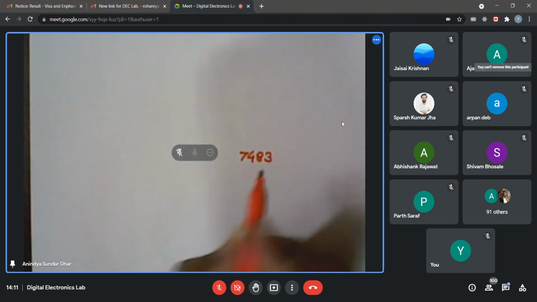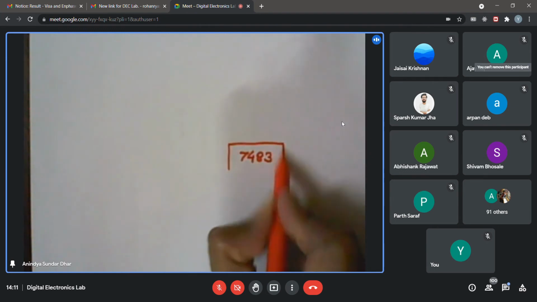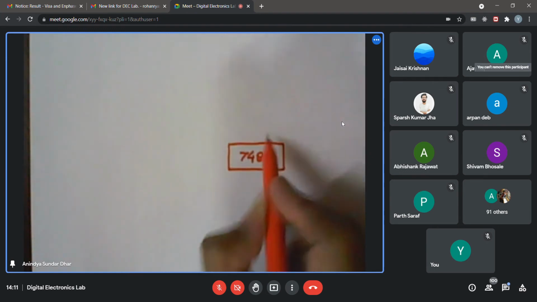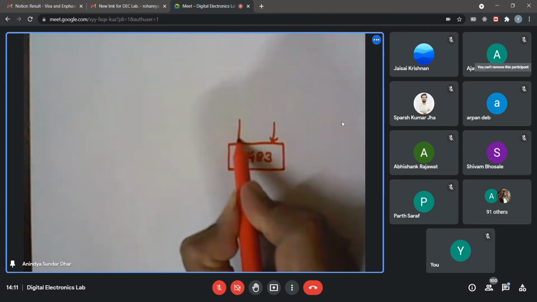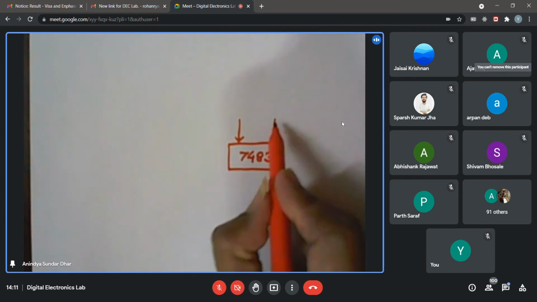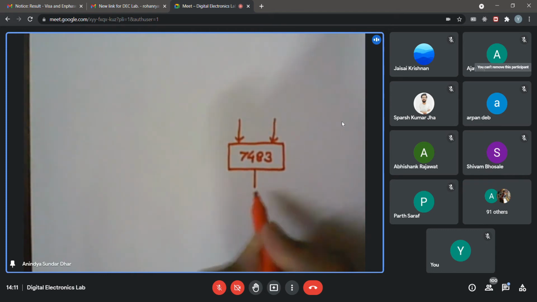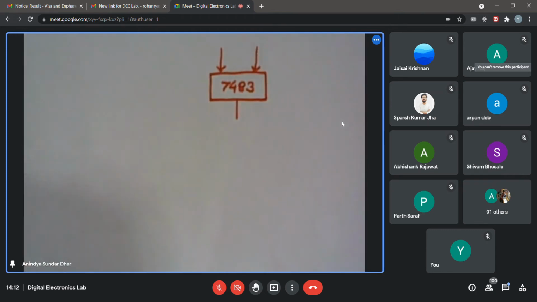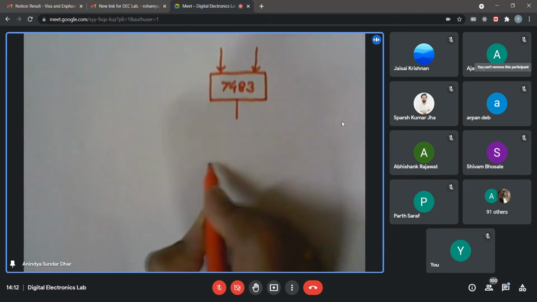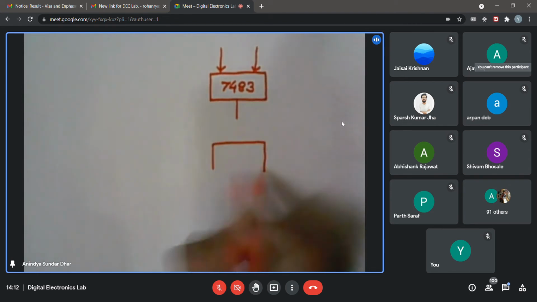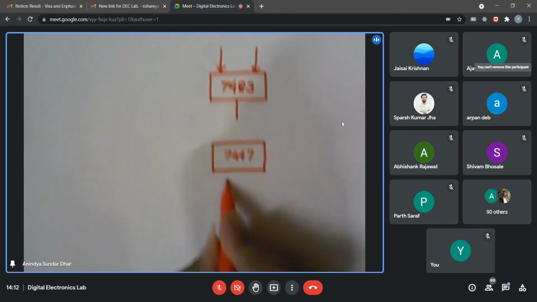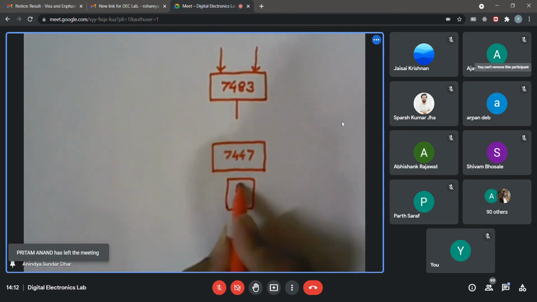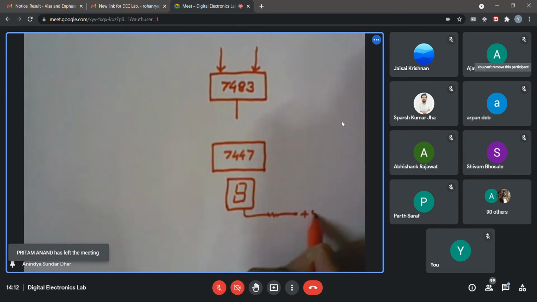8483, right? So you have used 7483. So all of you can see now whatever I am drawing. Yes, sir. Okay. So 7483. You are having, say, something like a 7447 that you will be using in almost all the experiments, and I think you have got your 7-segment display also connected, certainly with a resistor to 5 volt.